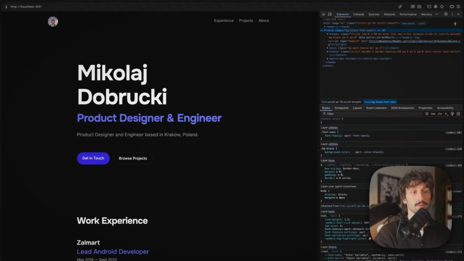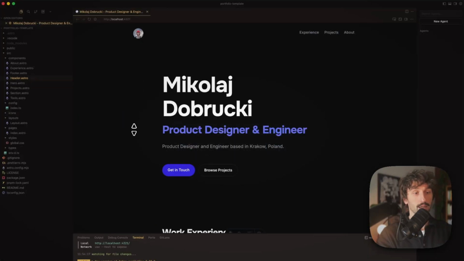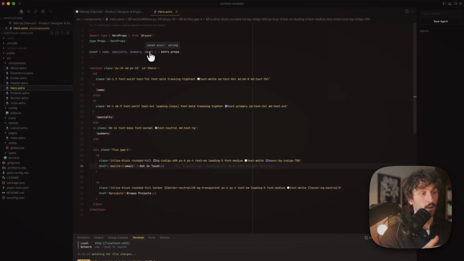In this part of the course, we will focus on the portfolio website project. We will do editing content, editing styles, editing structure. I will show you how to understand what has already been done in the template and how to work with this code. We will see our results in the browser, but we will mostly work in the code editor. So for example, once we want to edit a hero component, we will find a file called hero. And here we will be able to change content, styles,